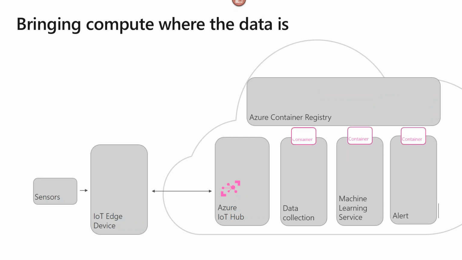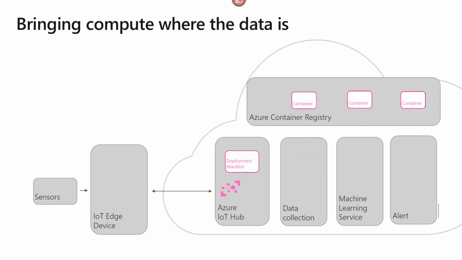You can then deploy a manifest from IoT Hub to your device that says, here's what I want running on this device. IoT Hub will talk automatically, no code written again, to a Moxa device that is running IoT Edge, says, here's the models I want to run, here's the modules I want to run, here's where to get them. Those will be pulled automatically. Nothing happens from a user perspective. This is all just in the background.